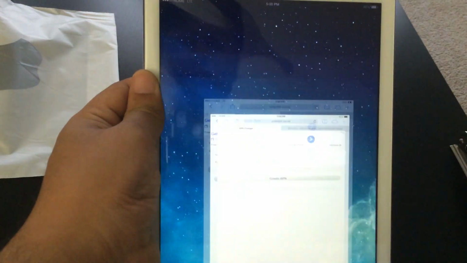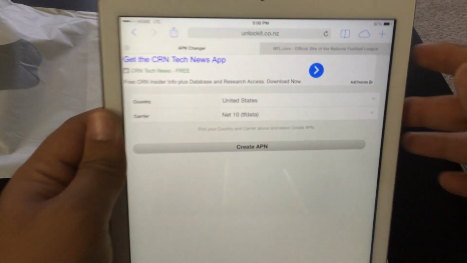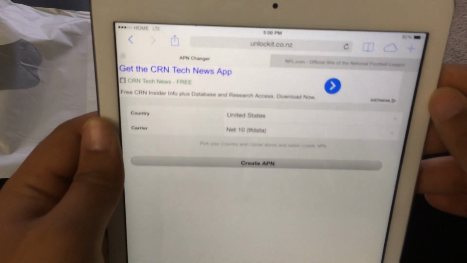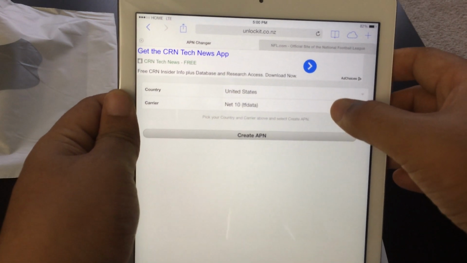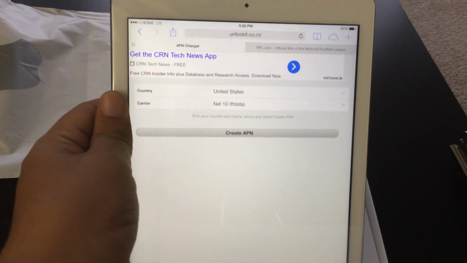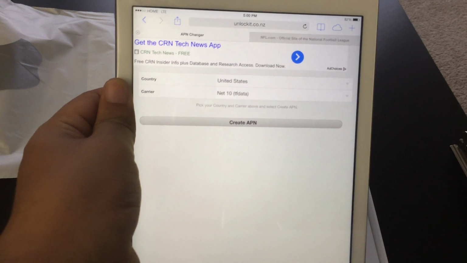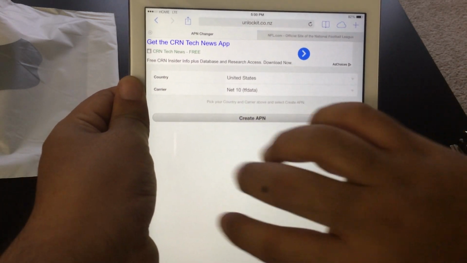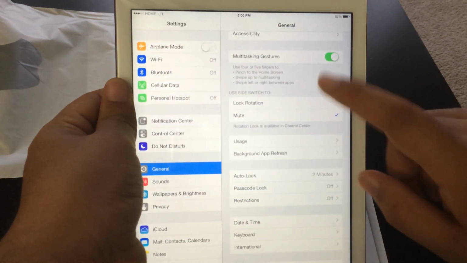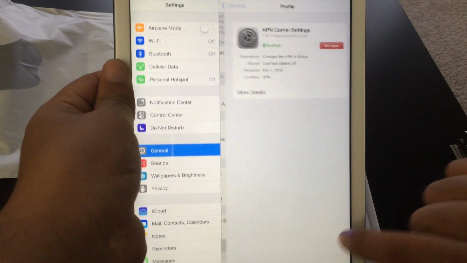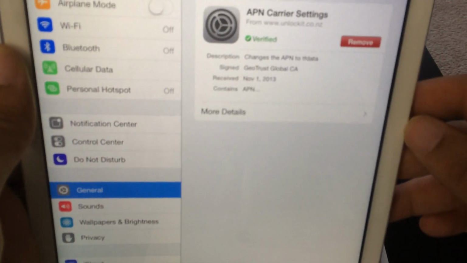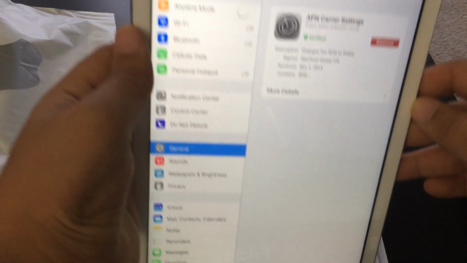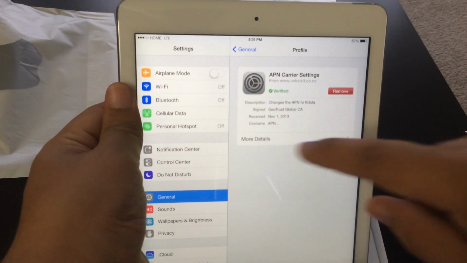To do that, all you have to do is just go to Safari, go to this website, unlockit.co.nz, select Net 10 and select the TF data. That's the APN that you want. Select it, then click on Create APN. It's going to bring you up to Settings, and over here you can see that I have the profile installed for the Net 10. Once you have that set up, pop in your SIM card,